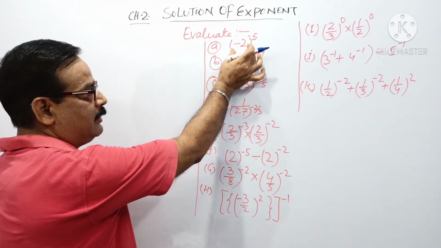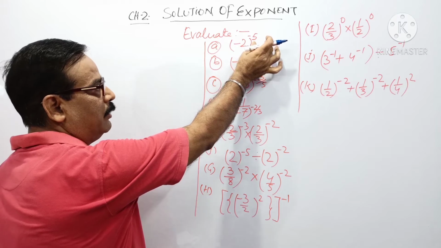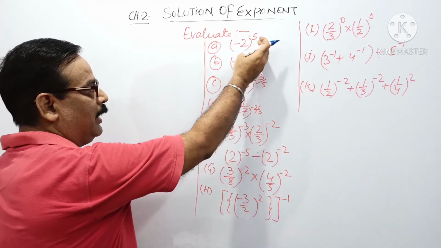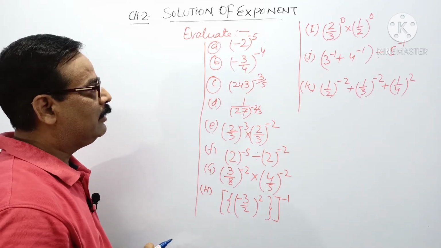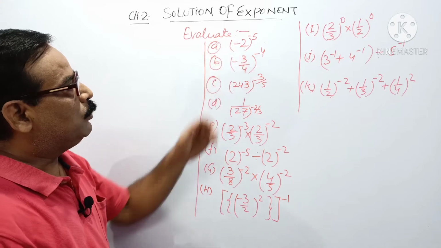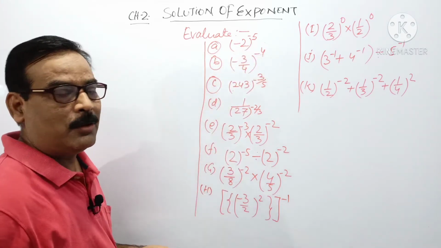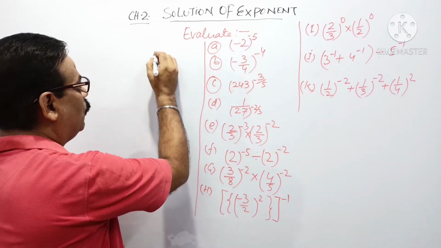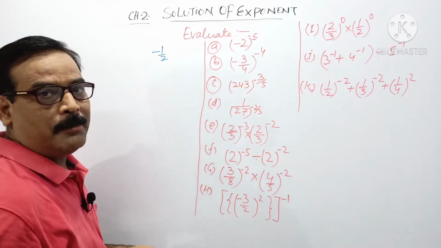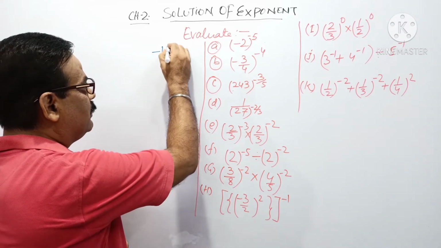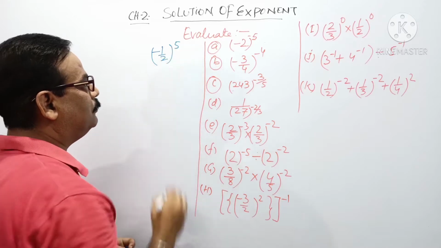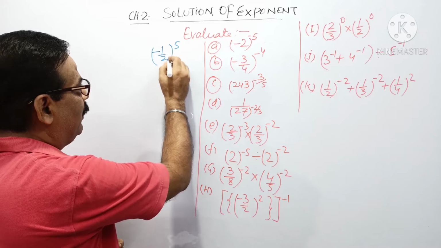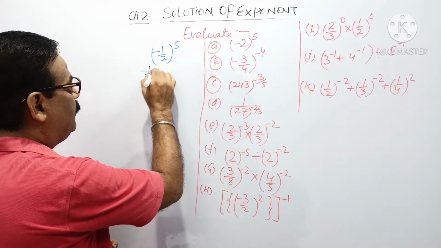Here the base is negative as well as the power is also negative. But you know that the power should not be a negative integer. We have to convert it into a positive integer. So what will we do? We have to convert the base into reciprocal form. We can write -2 in the form of reciprocal as -1/2, and the power is written as 5. Now we get the value of -1/2 five times.